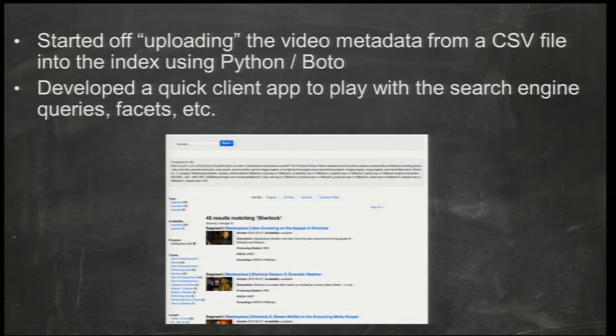He started off taking a CSV file of all of our video metadata, and he uploaded it into the console directly, I think. So there was no programming involved at all. And then he started doing queries, started to play around to see if this was a solution that was good enough for our data. And he liked it, so he started playing with Python and Boto. Boto is the Amazon SDK for Python, and it has a CloudSearch module as well. But essentially, we started taking our data from our API and going through Python, and as it was updated, putting it on a schedule